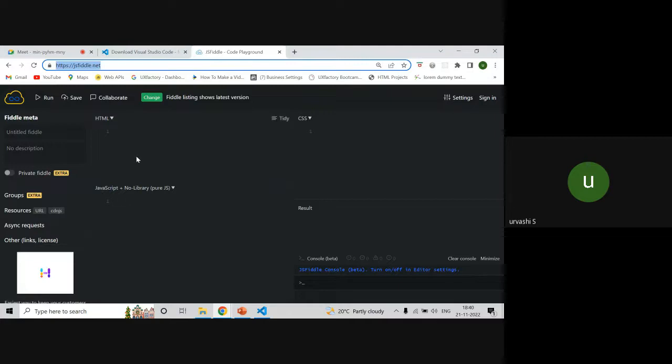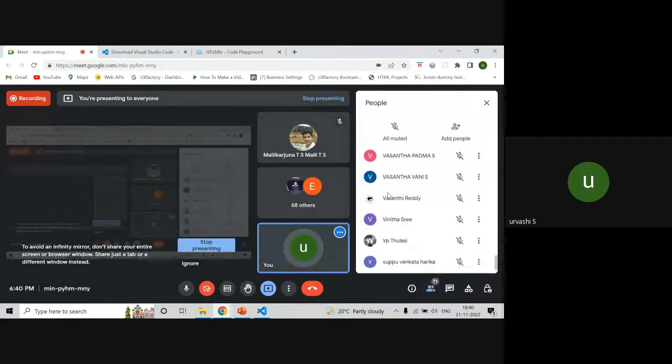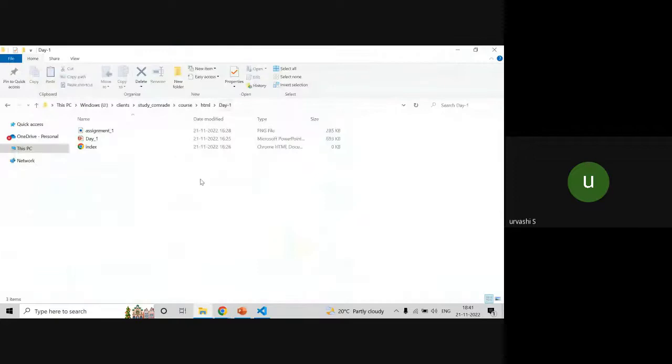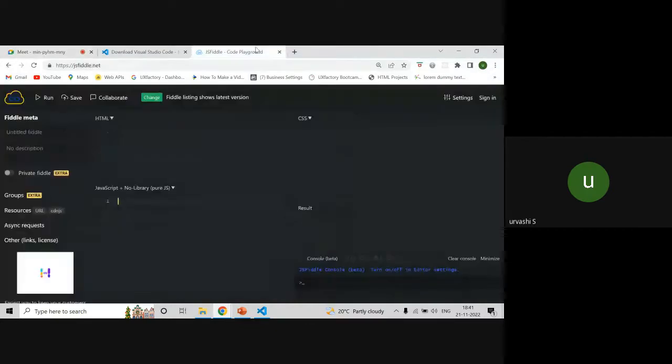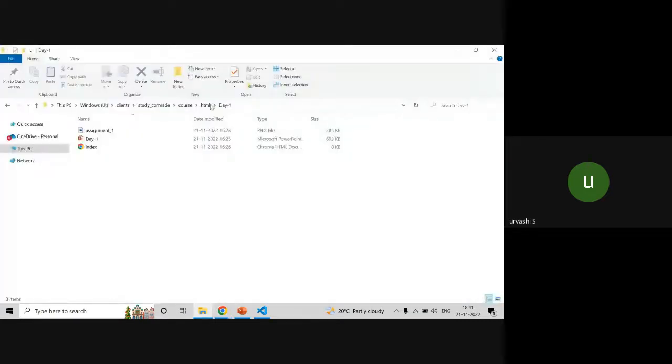The everyday code that you write, you can keep track of it here in the software. That is how you can maintain your code. I want everyone to join through laptop or desktop only. Those who don't have a laptop can go with JS Fiddle and create an account. And those who have a system just need to create an HTML folder, and in that, create a day one folder or lecture one.